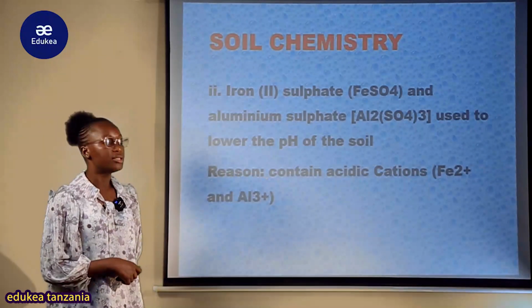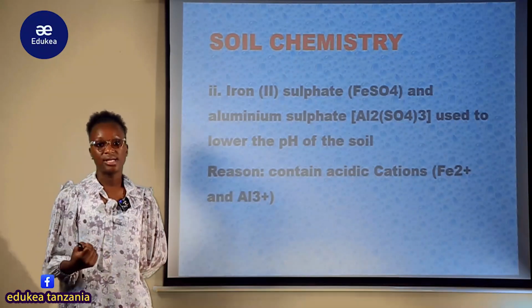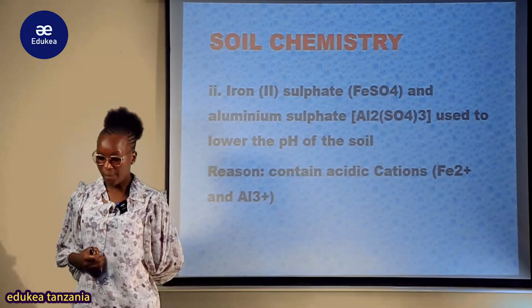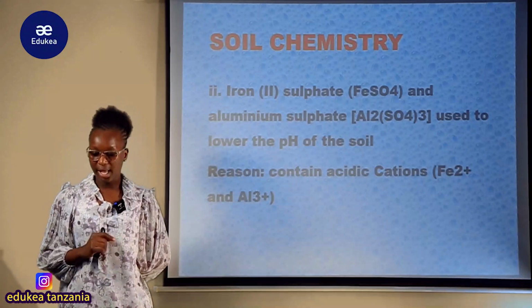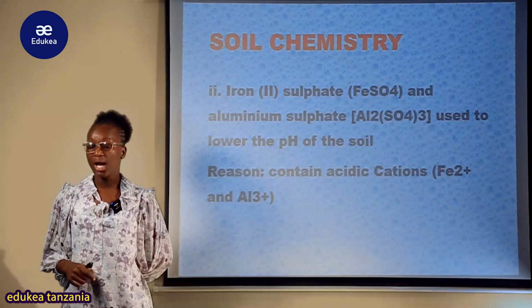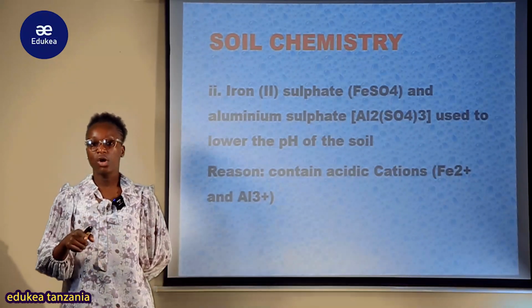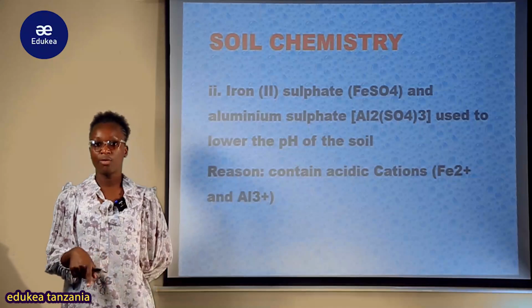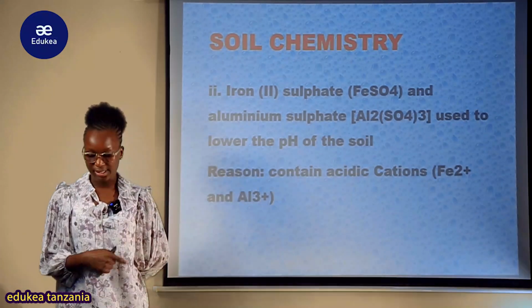So zenyewe zinakuwa zina play part of acidic, zinachukua ile characteristics za acid. So kama zinachukua characteristics za acid, so kumbe tukiwa na iron 2 sulfate vile vile na aluminium sulfate zitasaidia kulower the pH, ambayo pale kwenye ile soil itakuwa is made up of alkaline. So hii itasaidia kulower ile alkaline na kufanya addition ya hizi sulfate, hizi kata iron ambazo ni acid, kwa hiyo